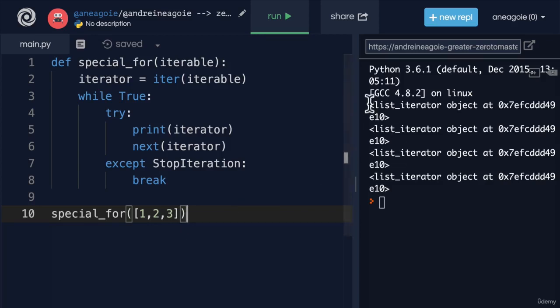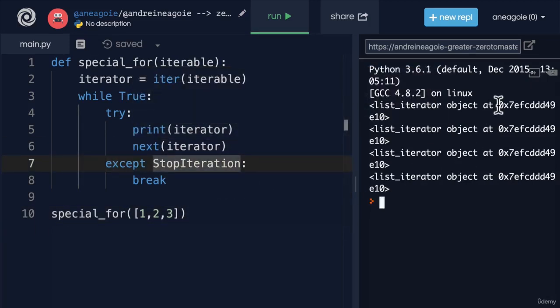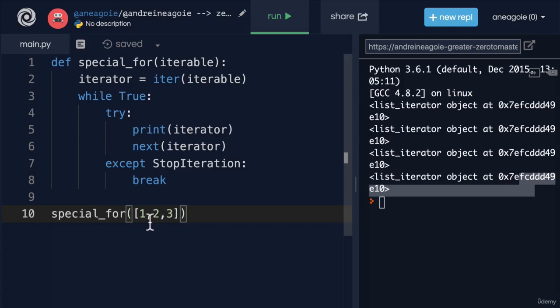check it out. I loop through some iterable objects using next. And you see that this object exists in the same memory space, even though we're constantly looping through it through 1, 2, 3. So this is how for loops work underneath the hood. When we do for, let's say num in and then give it a list, it's going to go through everything. It's going to turn it into an iterable, and it's going to keep running and keep calling next iterator on it over and over and over until we finish the end of the line